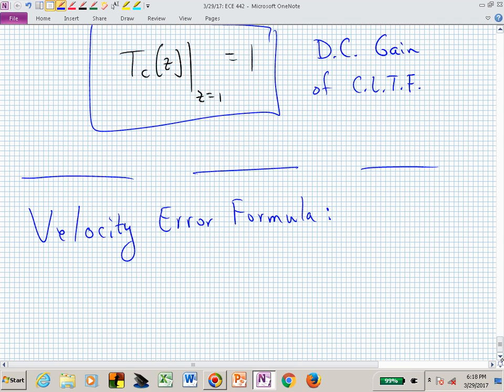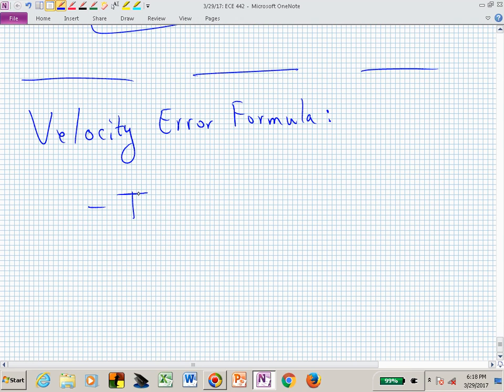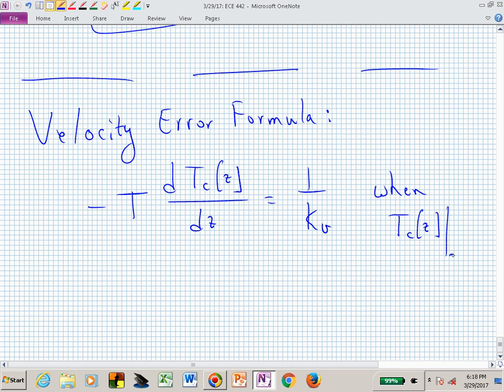And this one now says that you take minus the sample period times the derivative of your desired closed loop transfer function with respect to z, and set that equal to 1 over k sub b, when you have already ensured that the desired closed loop transfer function at z equal to 1 equals 1. So if you need to go a few steps beyond where you are at present,